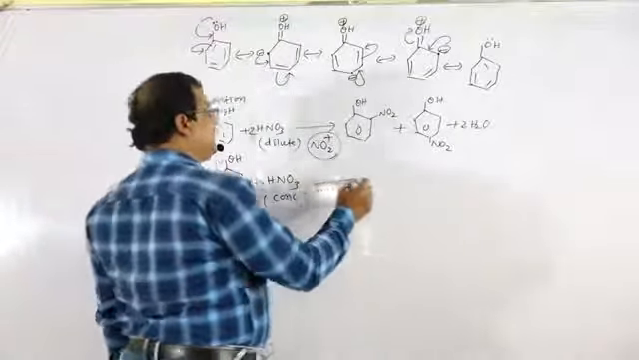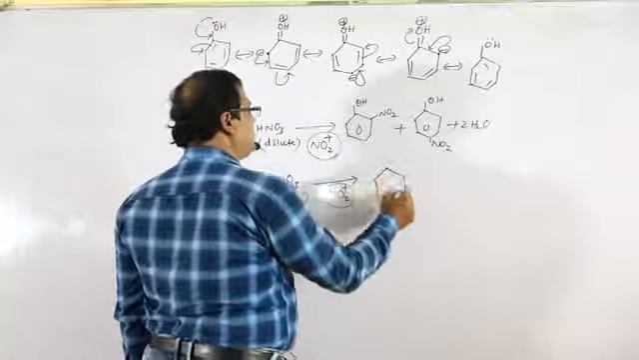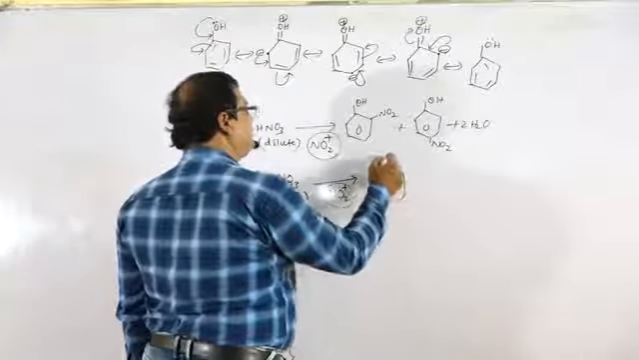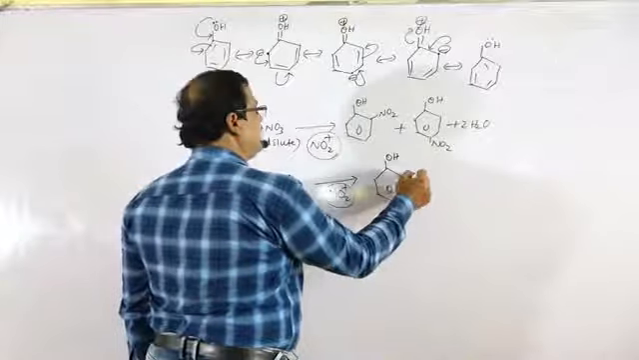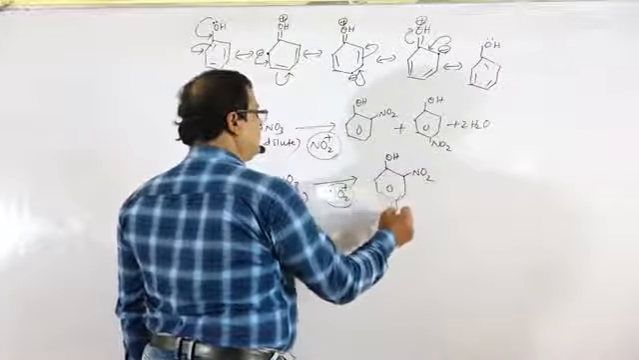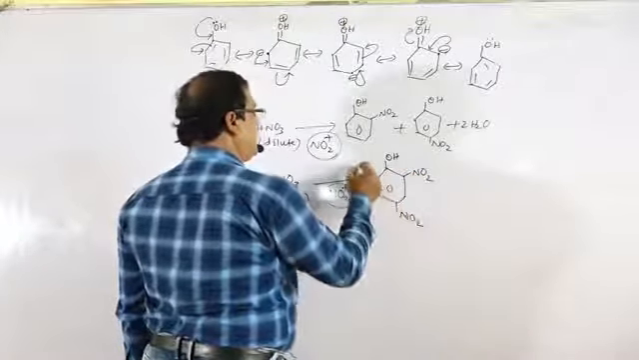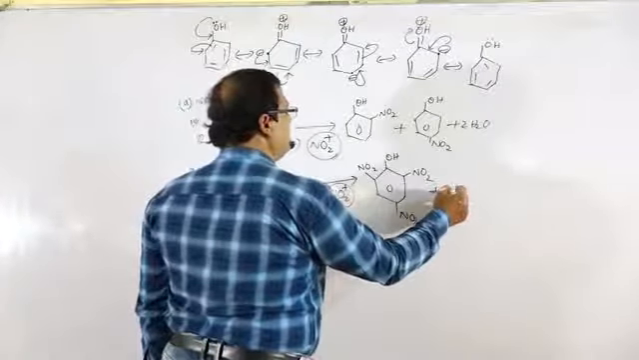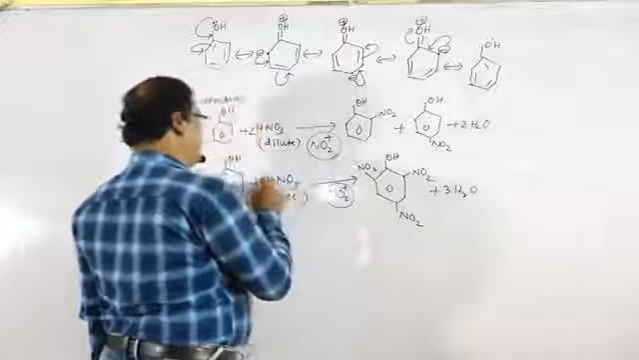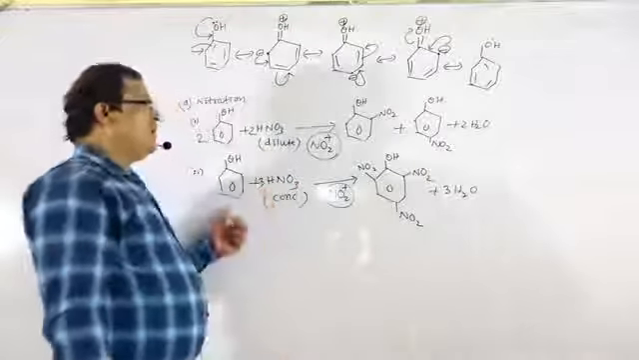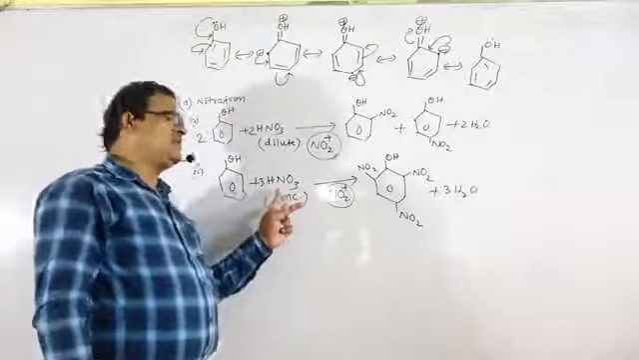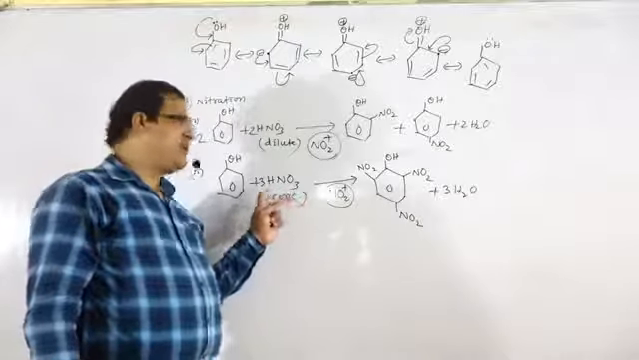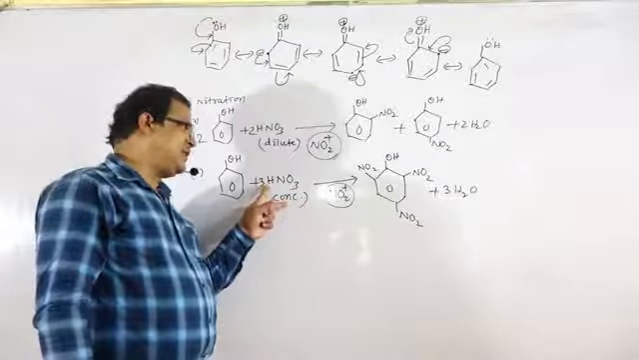But in this case, there is the formation of OH with NO2 groups at ortho, at para, and at the other ortho position, and there is the formation of 3 water molecules. So whenever phenol is treated with concentrated nitric acid,